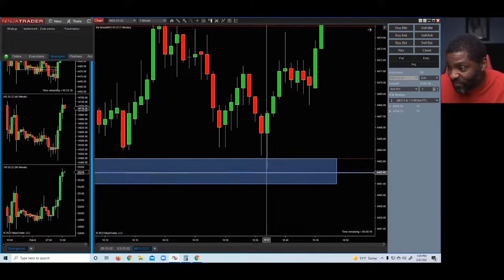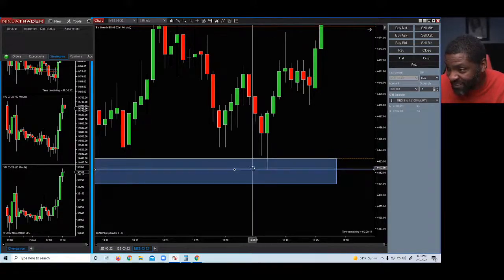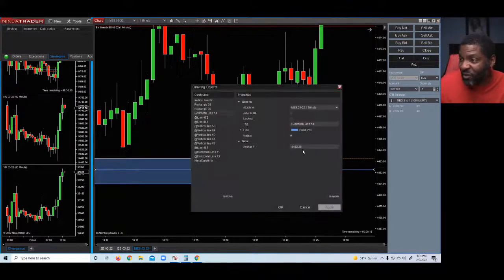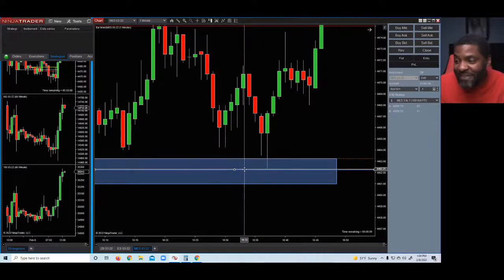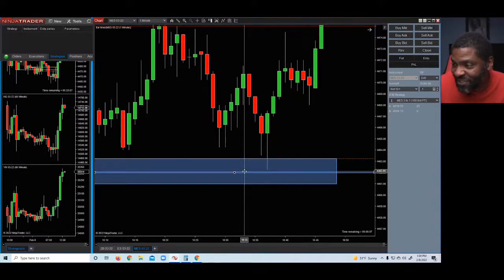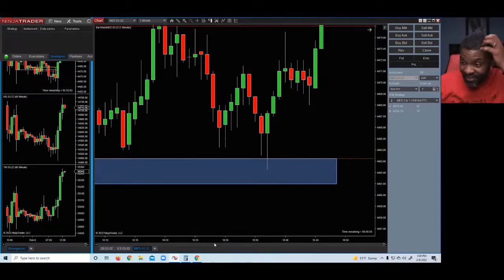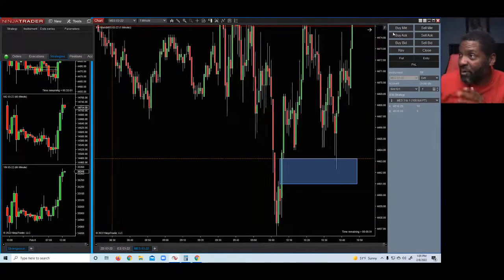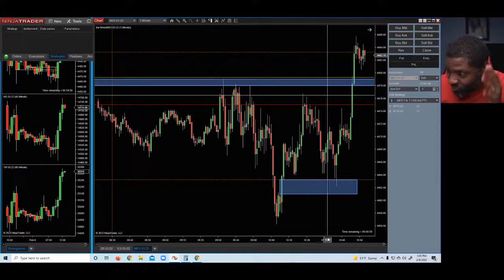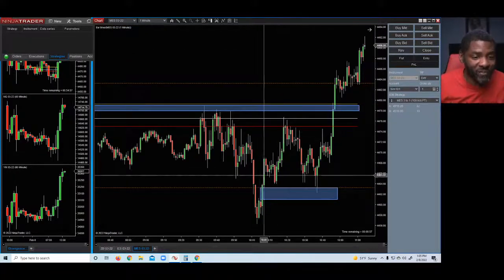Let me put it right on the bottom of it so y'all can see it. Make sure y'all know I ain't capping. I put it right on the bottom of it. Can you see what that says right there? That says 44.25. One tick. It missed me by 1 tick, man. That thing made me so bad. But anyway, now that I done broke down both of them, explained my thought process on it,